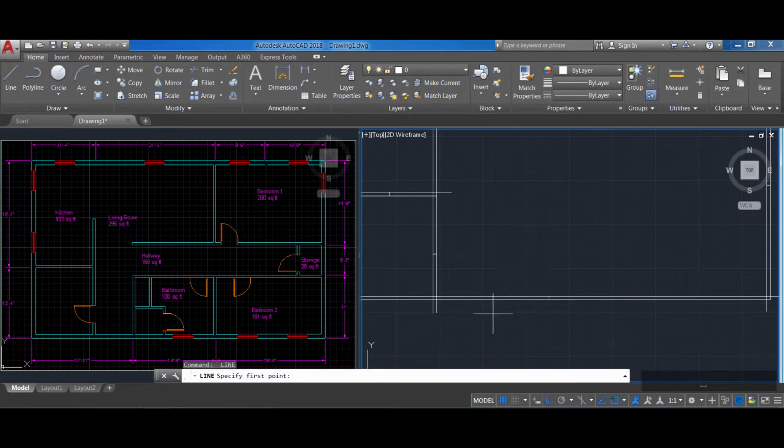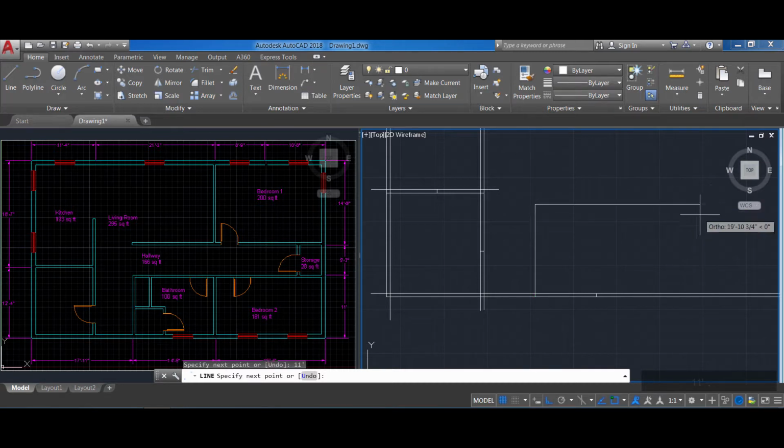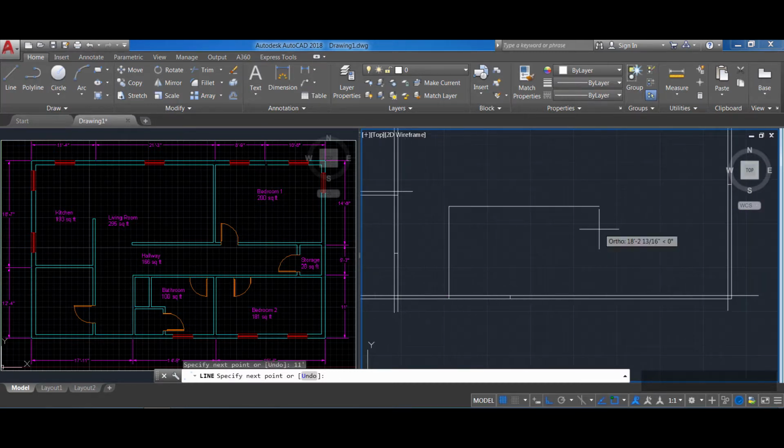So spacebar and my line command. I know it's right here. This is, let's see, this is the other marker if I'm not mistaken. Yes. So I'm gonna go here up, and I'm gonna go up 11 feet. It's indicated here on the right side. So I'm gonna go 11 feet. Enter, and then I'm gonna go to the right for 14.9,